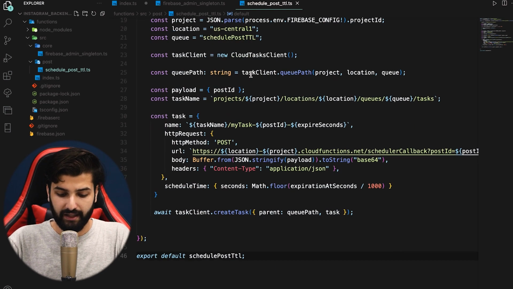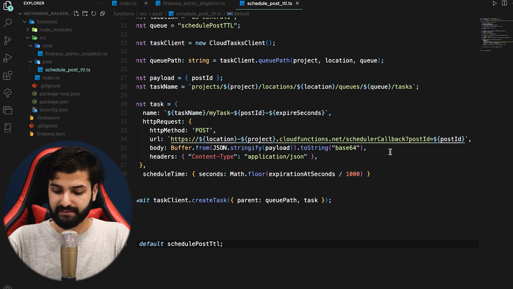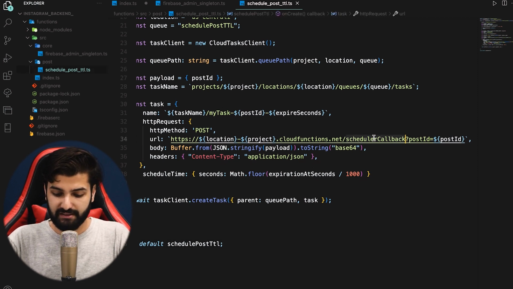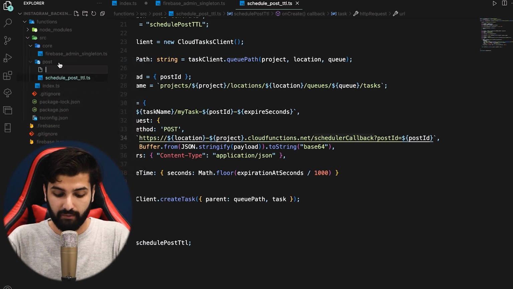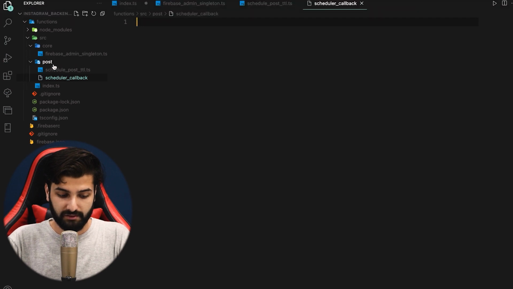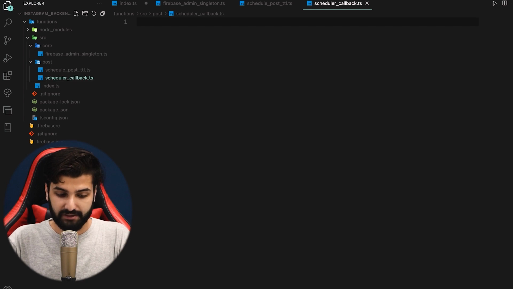Next, we need to write an HTTP function. This will be an on request trigger and its name will be scheduler callback. So now let's copy this name, because this task will send the request to this scheduler callback whenever this time is reached. So we also have to create the scheduler task callback, access this post ID and finally delete the post from the Cloud Firestore database. So copy its name and go inside the post, create a new file and name it scheduler callback, and also let's rename it